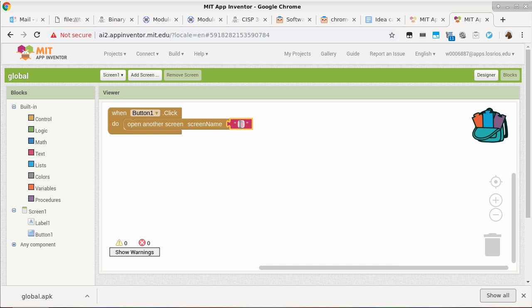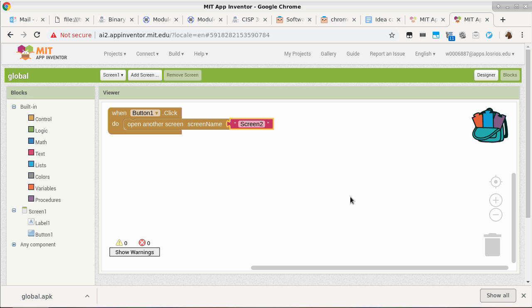So right now, here I have to specify the actual name of the screen. This is screen 2, not calculation. Calculation is the title of the screen, which is what is displayed, but screen 2 is the actual internal name of the second screen. I cannot change that once it's created, so now I'm stuck with screen 2 as the name. Are we good so far?